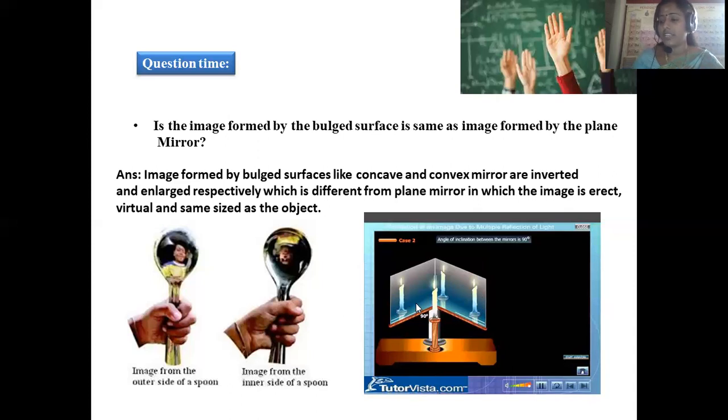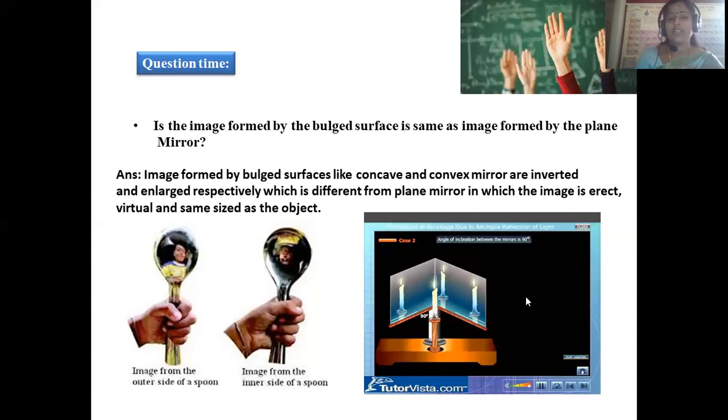So the plane mirror represents the picture structure as such on the flat mirror. These are the three different comparisons of images given by the concave mirror, convex mirror, and the plane mirror. So the convex mirror will give a smaller image, the concave mirror will give an inverted image, and the plane mirror will give the exact image.